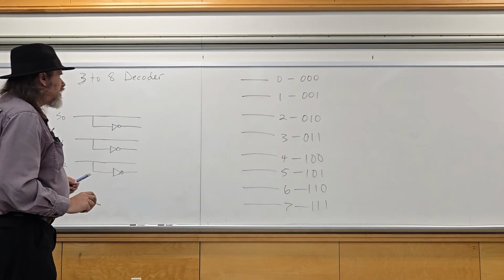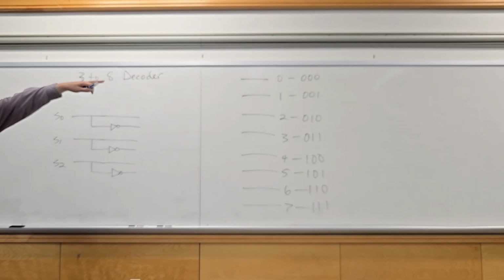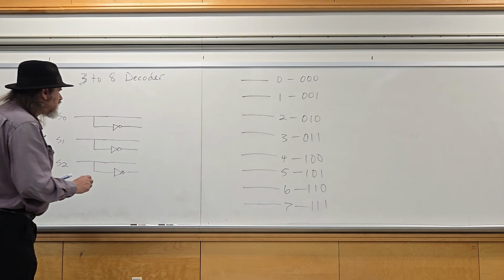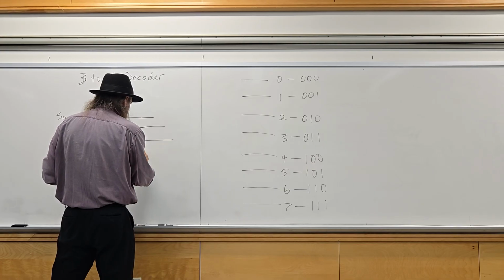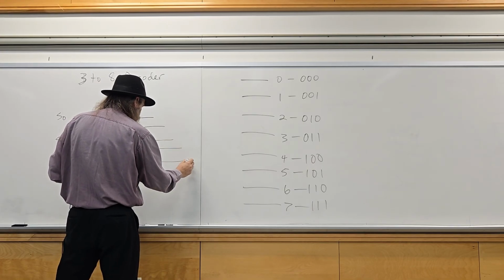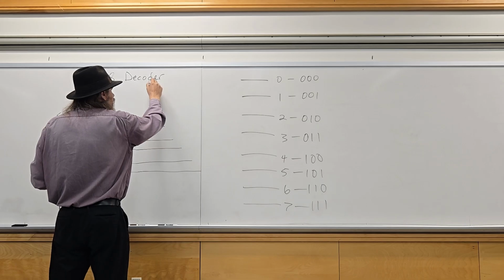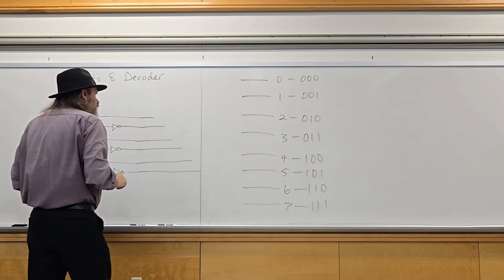So, what combination of inputs here makes 0 high? We'll get to that in a little bit. All right, so